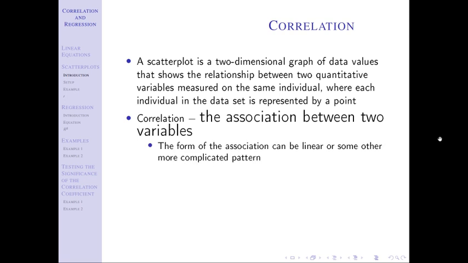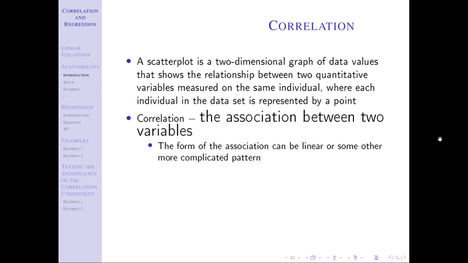The first is the form, which means what does it look like? Is it a straight line? Is it a curved line? Is it a wavy line? What exactly do the points do? And again, we're thinking about a scatter plot, so you don't have a picture in front of you on this page, but again, just think about the type of plot that you're familiar with from algebra where you have an x-axis, y-axis, and a bunch of points. The form is just what are the points doing, right?